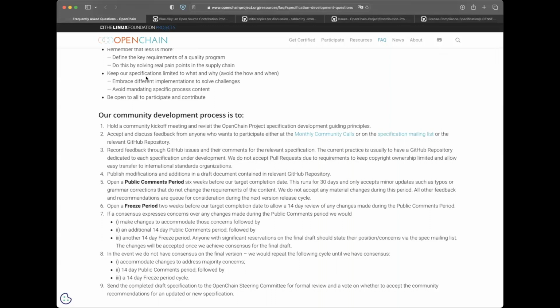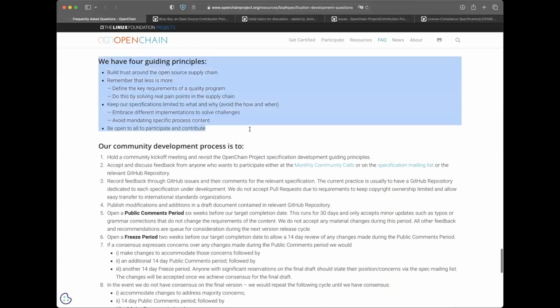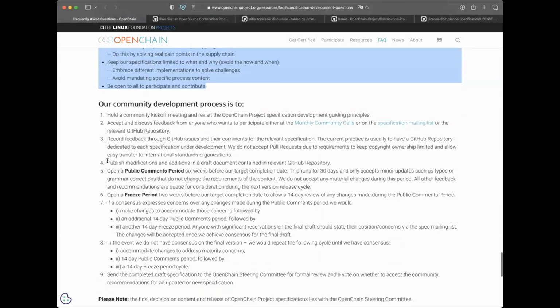So we want people to be able to go, what's going on? Come to the FAQ, see why we reject normative ideas, see when they should contribute and when they should just send in minor editorial, and then see when consensus happens and how. So this is all about setting those parameters.